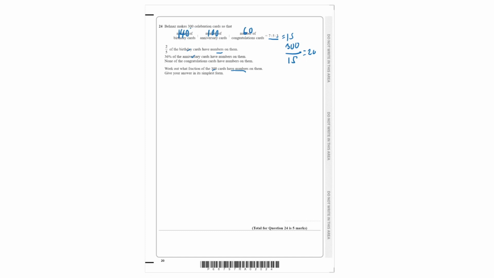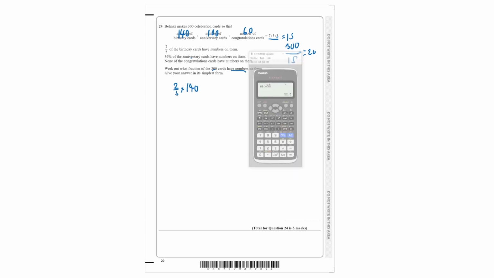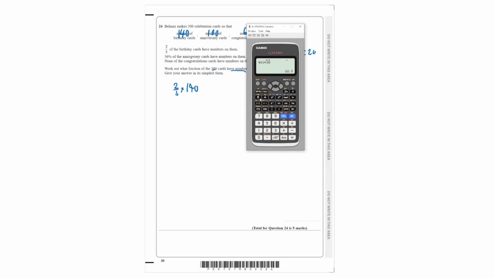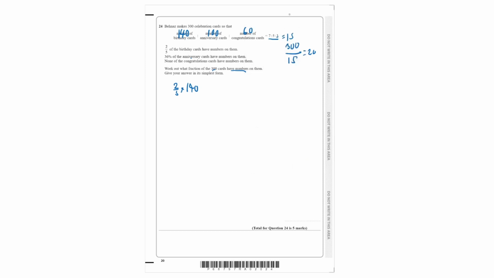Now, we cannot combine this right away because it says only 2/5 of the birthday cards have numbers on them. So we simply write 2/5 times 140. And we can find this out using our calculator. 2/5 times 140 gives us 56. So we have 56 birthday cards with a number,